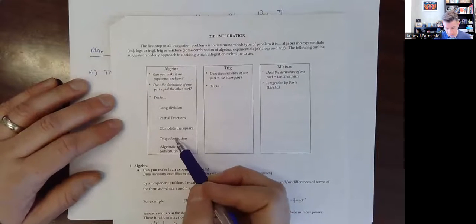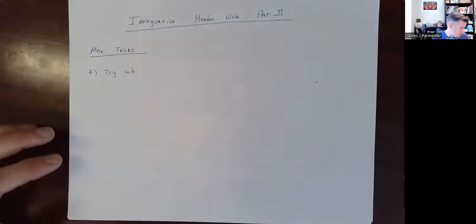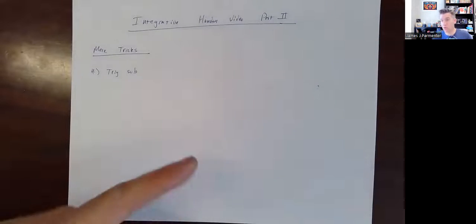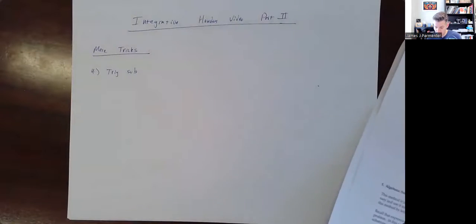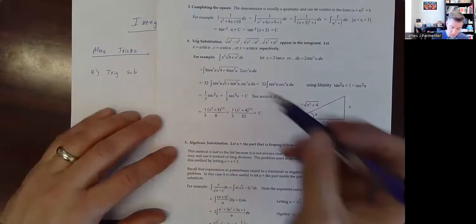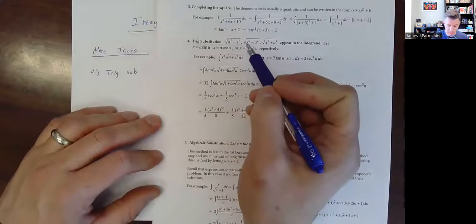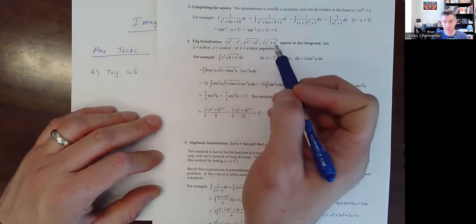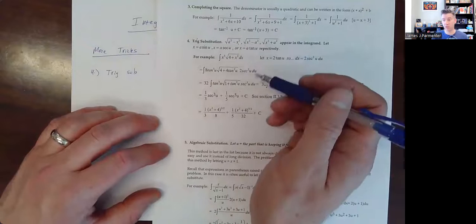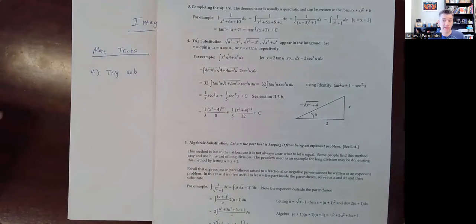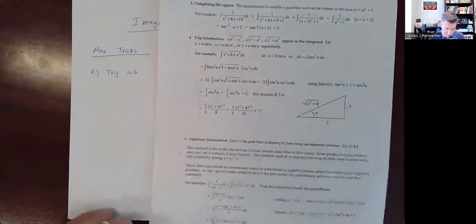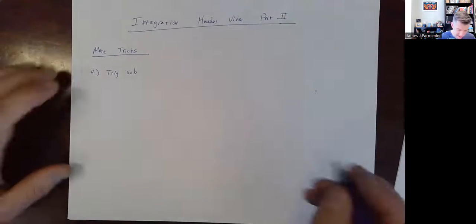Now we're going to talk about trig substitution. So here are some examples. Again, you should definitely refer to this handout. I'm not going to write down all the things, but I'll point out that for trig substitution we are looking for something like the square root of a squared minus x squared, or the square root of x squared minus a squared, or the square root of a squared plus x squared, to help us determine which sort of trig substitution we should do. And really, the thing to keep in mind here is we're just trying to make a trig identity happen. So for example, if I see,